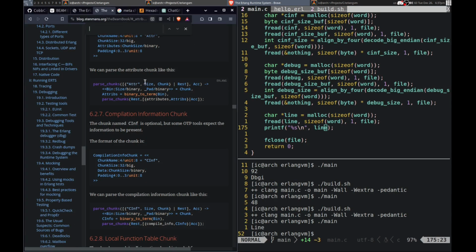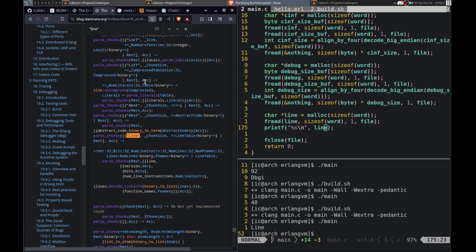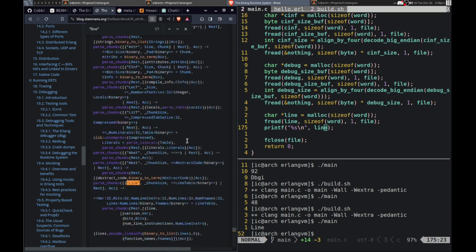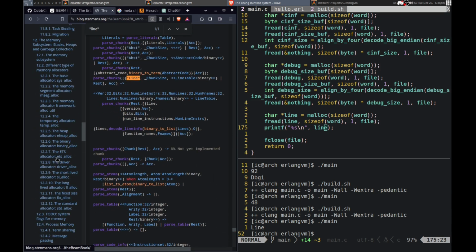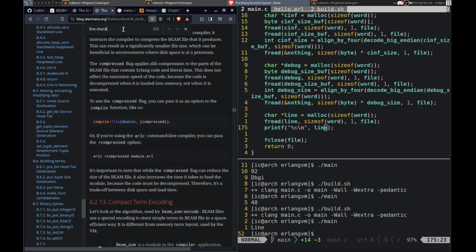So let's see what line is, if it's in here. Line. Stack manipulation done. Let's go. So you have like the, let's see, what's it called again? Like the swap, dupe, rot, stuff like that, right? Is that what you meant? Parsing's line. So that's the only mention of line in here. Chunk. Yeah, very nice.